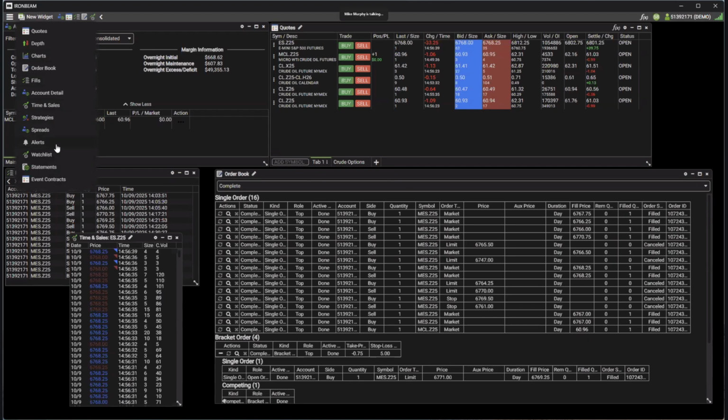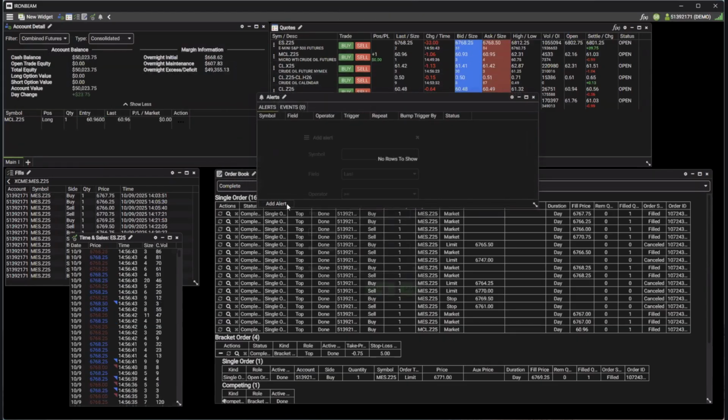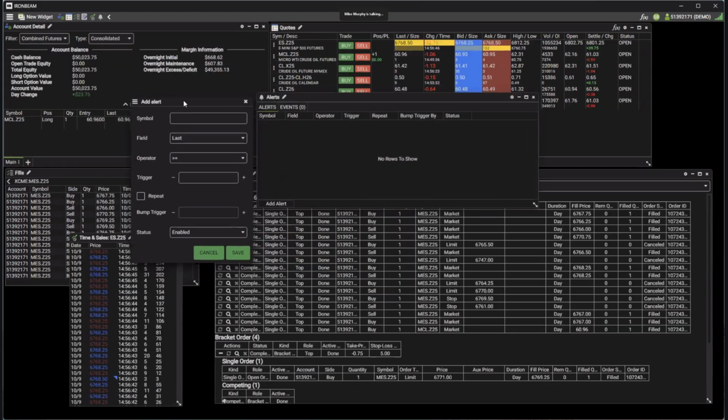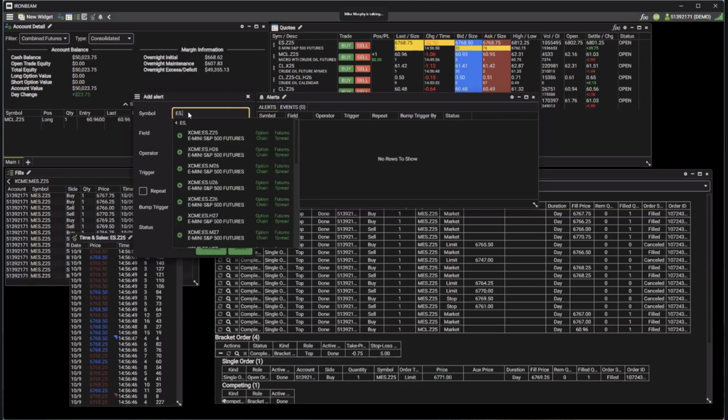Okay, so we've covered a lot of the platform here. Alerts, not something I use a ton, but I know some people like it. So here you can put in any symbol. I know we're just doing a ton of ES today, but